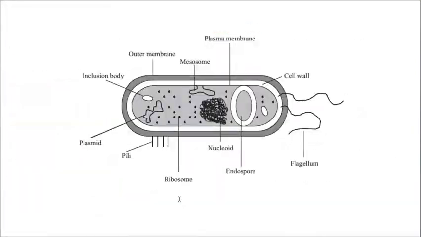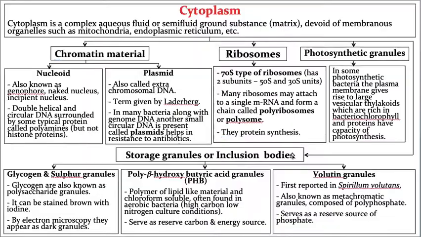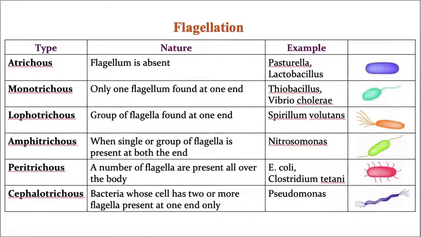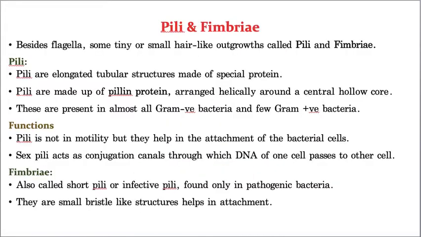That's why, did you notice that in this one fimbriae is not mentioned? Maybe it is non-pathogenic. That's why here fimbriae is not mentioned. Otherwise, if you see the first one, fimbriae is mentioned. See, did you notice it or not? Now fimbriae are bristle-like structures which help in attachment to the host cell or even attachment to any substance.